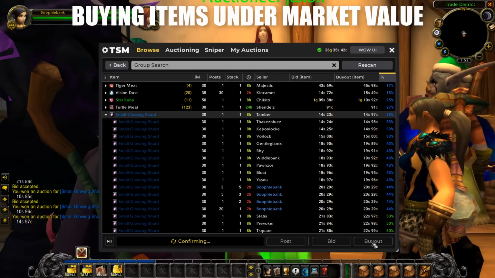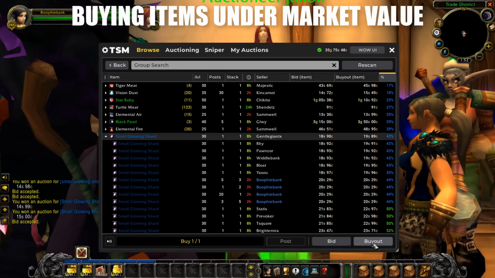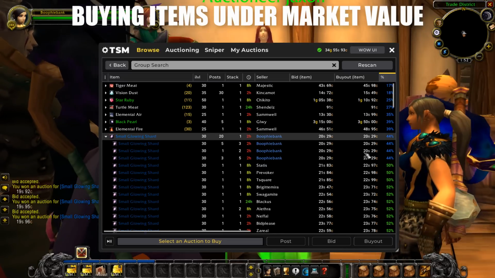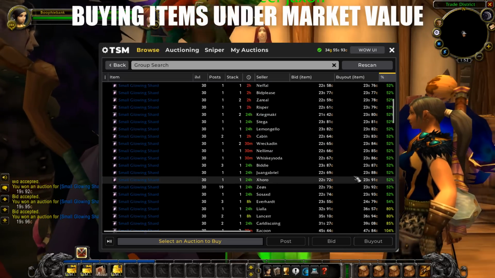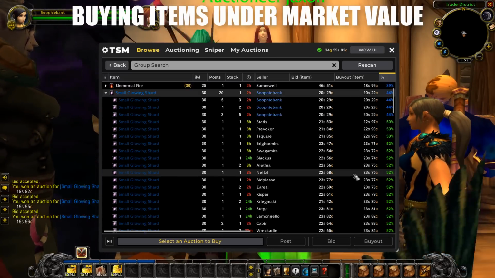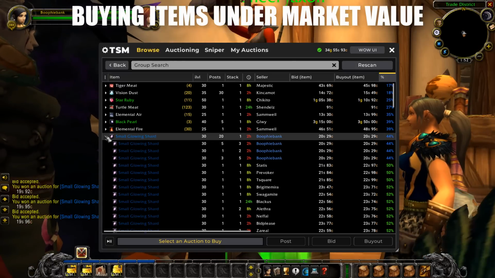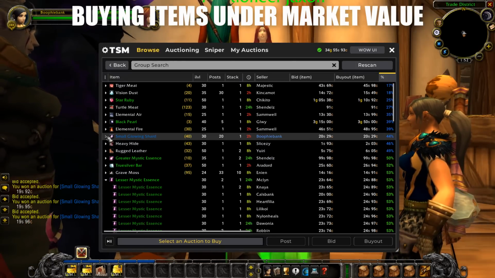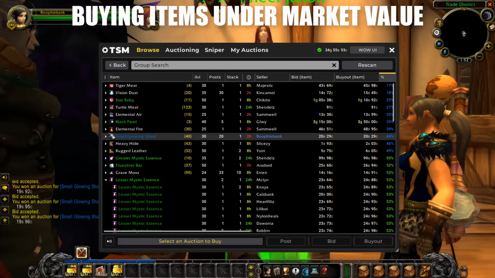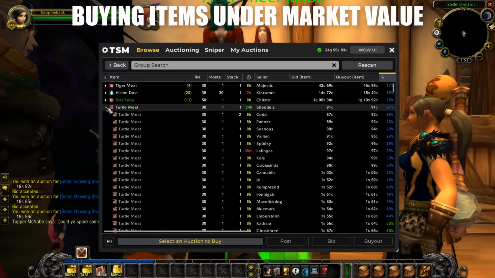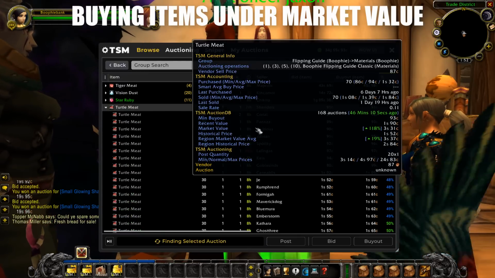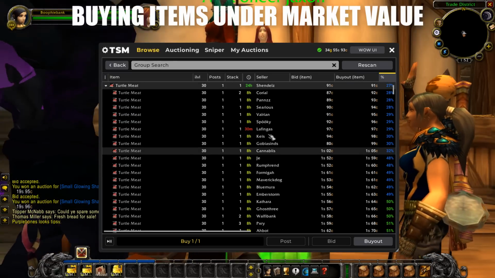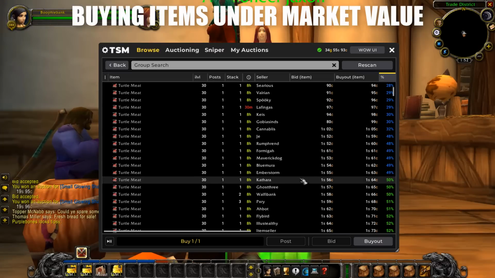As you can see, there's a bunch of these posted way below the market value. Now, items I prefer to buy are under like 50% of the market value. You can go up to like 70, 75%, but then you're getting very close to the market value where they should be, so there's not much room for profit. The lower the percent is, the more room for actual profit that you'll have. So you want to make sure that you're sticking to items as low as possible compared to the market value. Like I said just before, anything under 50% is really worth looking at,